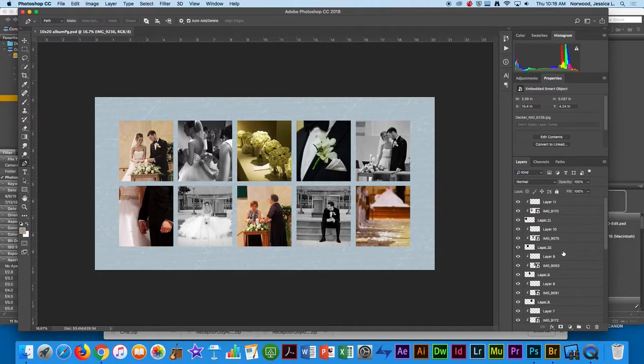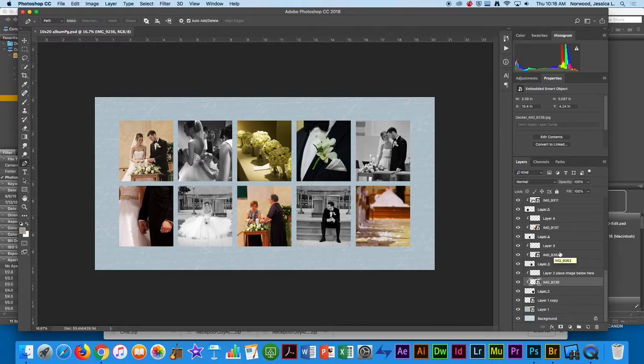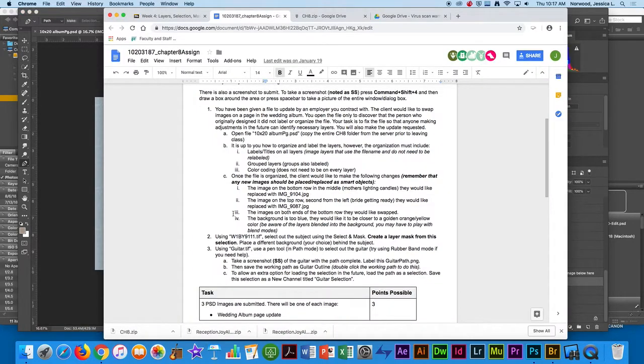And you have been given the worst case scenario here where nothing is labeled. Absolutely nothing is labeled. And there's a ton of layers because there's 10 images, 10 placeholders, and a bunch of other things going on in the background. So what you have to do first is figure out how to organize, label, and title every single one of these layers. You can use whatever works for you. I'm going to show you a grouping thing, so that might help you title it a certain way once I show you this. You can color code. I want you to color code something, but you don't have to do every layer. You can kind of decide. Then once you've organized everything,